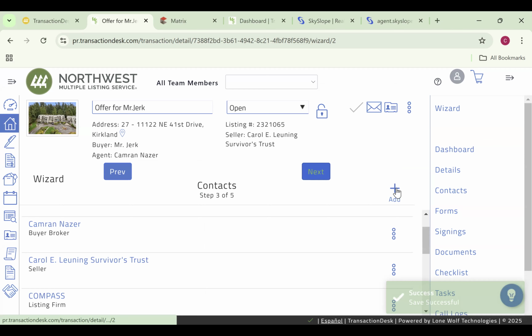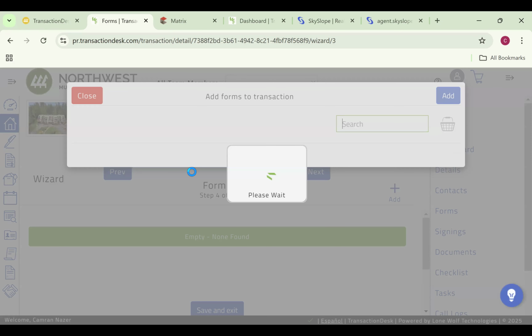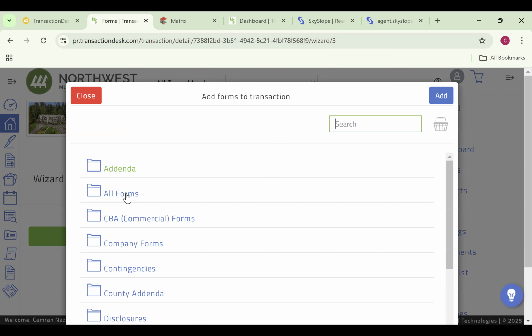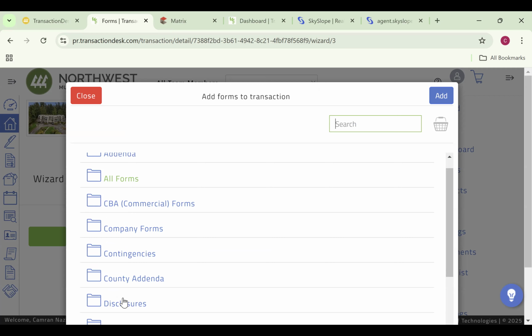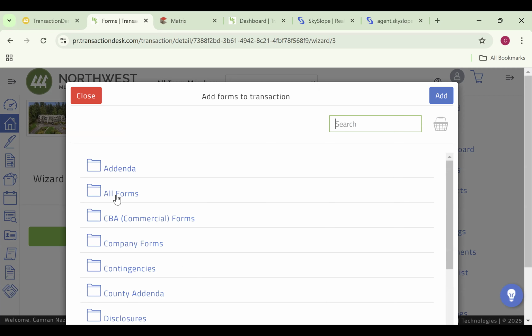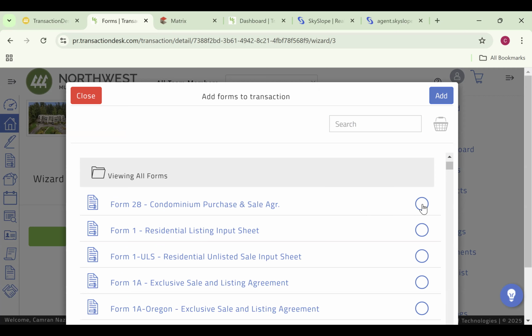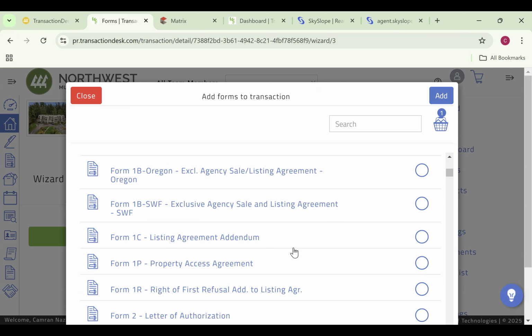And now I can add the forms. So I'll click on this add button, and there'll be a few categories. So there'll be all forms, there'll be company forms, and then they're broken down into subdivisions. I usually just click on all forms. And then I click the forms I need. So obviously I need the condominium purchase and sale agreement. And then if I scroll down,